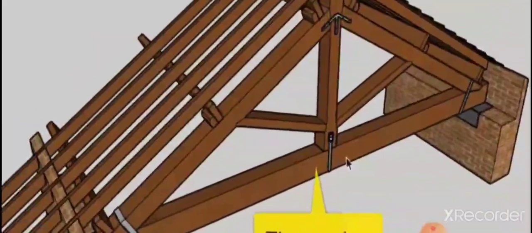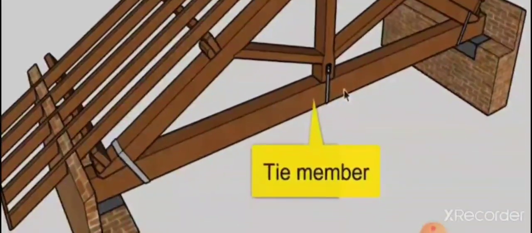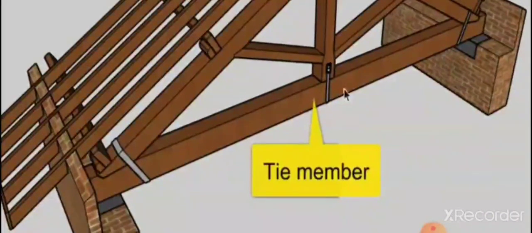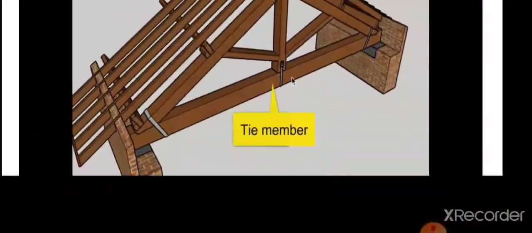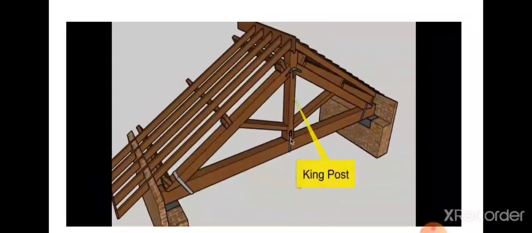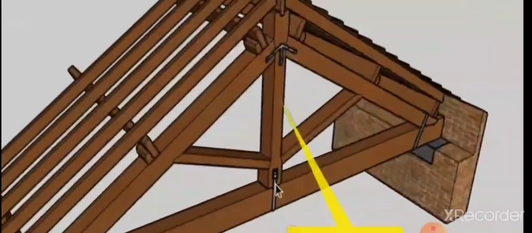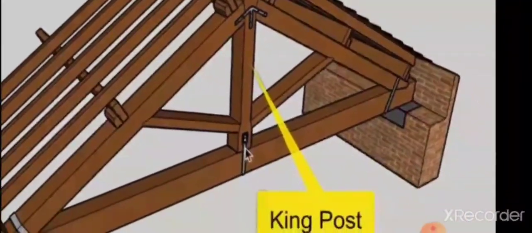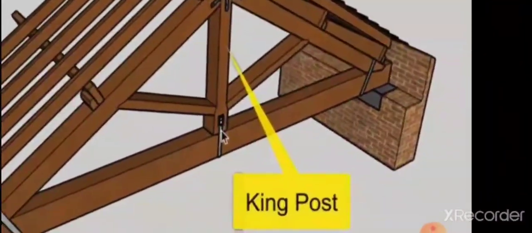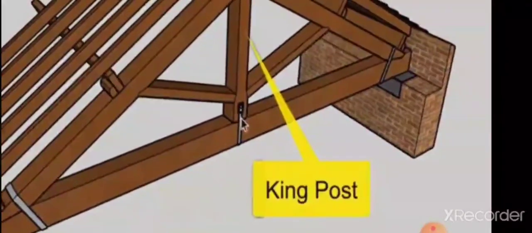This is the tie member or tie beam. The size of the tie beam was given as 100 by 200. So which side is 100 and which side is 200? The front side is 200, as the arrow mark is suggesting. That is the breadth. That is 200, and towards the inside, the thickness of the tie beam is 100. Okay. King post, it is given as 100 by 100. So from the front side, as the arrow mark is suggesting, it is 100, and towards the inside also, the thickness is 100.